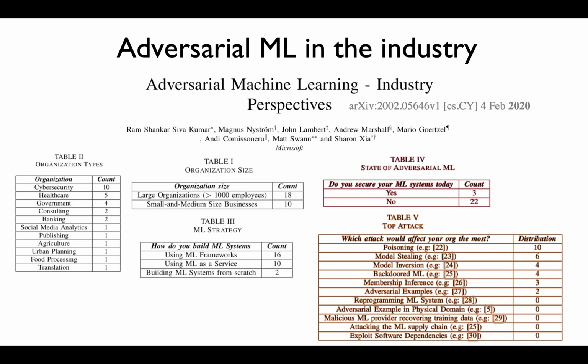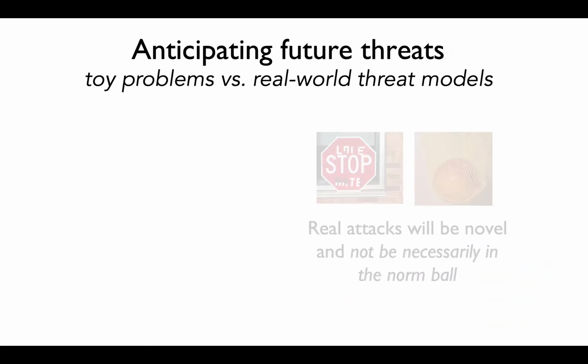And so another question was asked: which attack would affect your organization the most? So interestingly, adversarial example is not very prominent here. It's roughly fifth or sixth. The poisoning attack is perhaps the one that will affect the organization the most. The model stealing attack, the model inversion attack, the backdoor or the Trojan machine learning model, those are all very critical dangers for such organizations that are making use of machine learning.